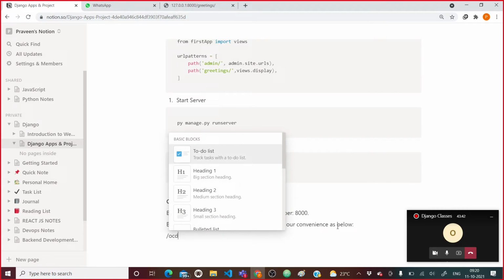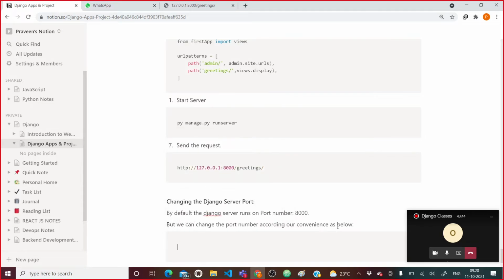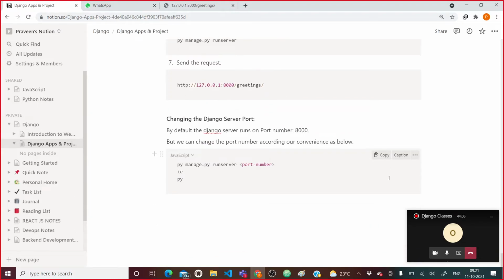See, here we can say run. Here, manage.py runserver. After that, here we can pass the port number. So something like py manage.py runserver.